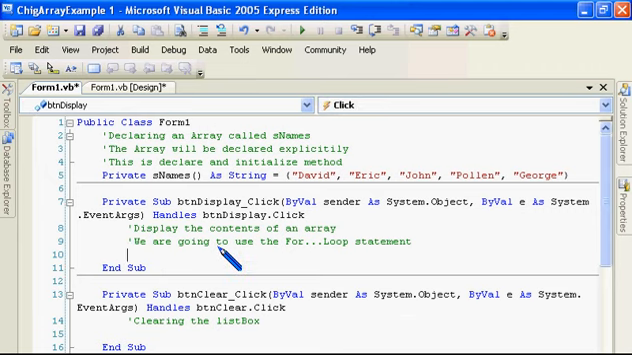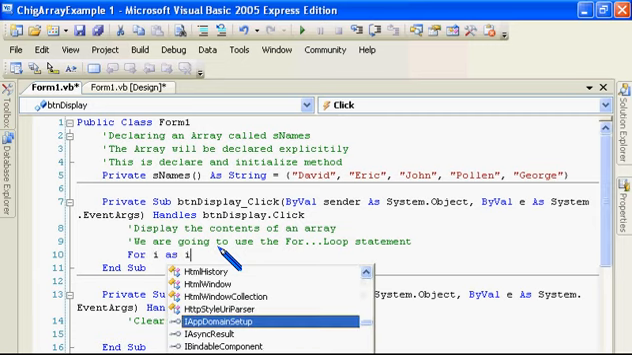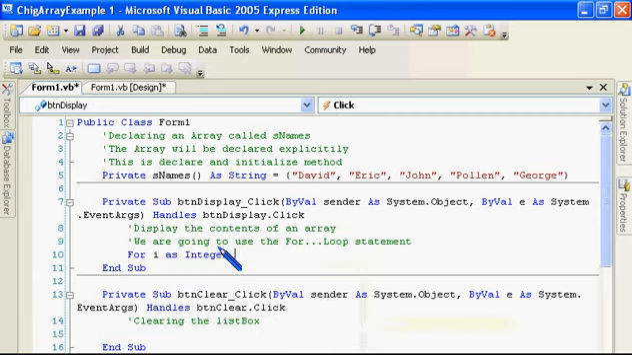Now in our btn display, we are going to display the contents of an array, and this is going to be achieved by using the for loop statement. If you haven't mastered the for loop statement, you have to revise your level 2 work, because that is going to be very, very important in arrays. Right, it's for I as integer,